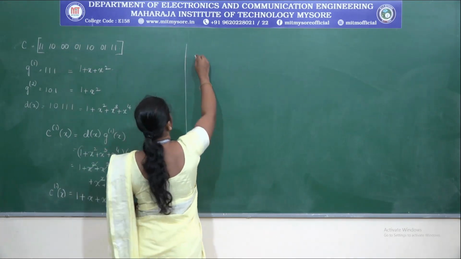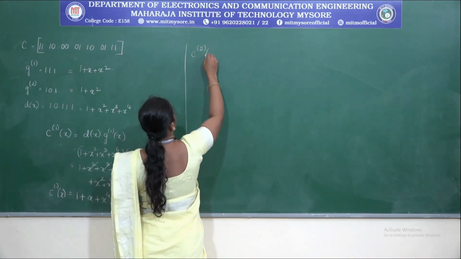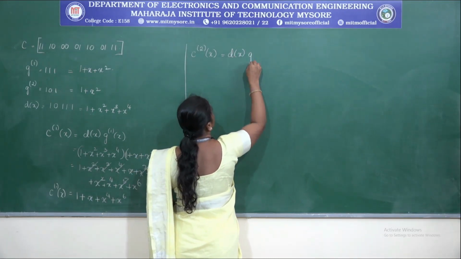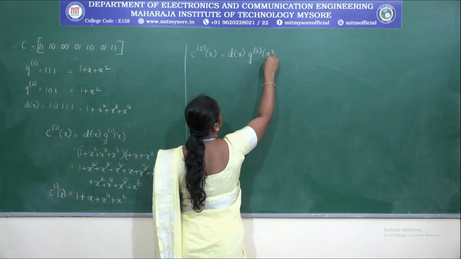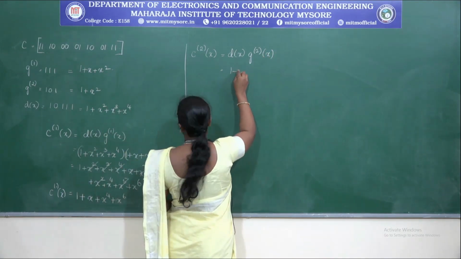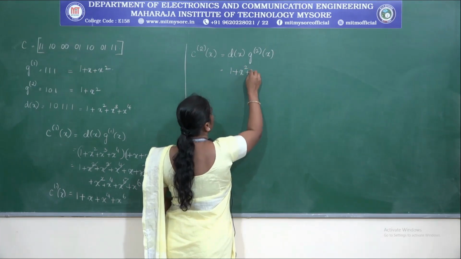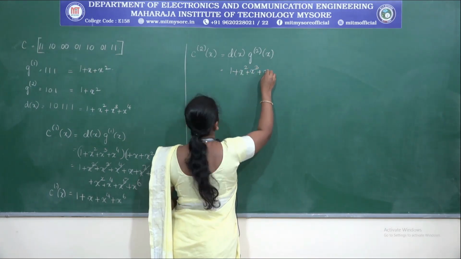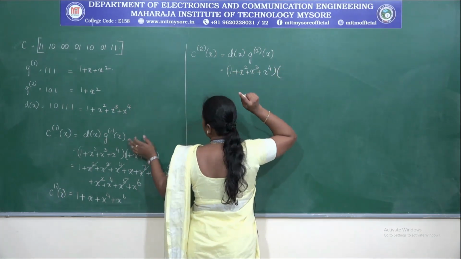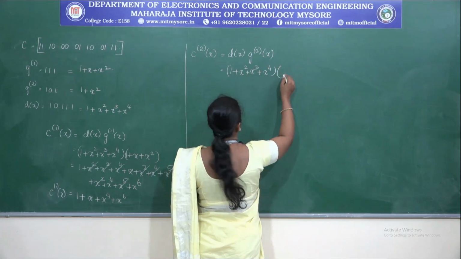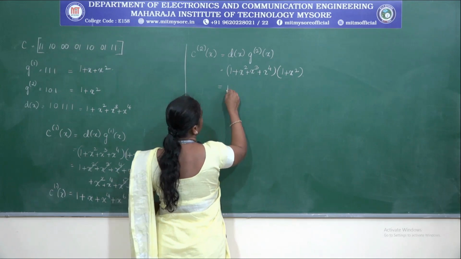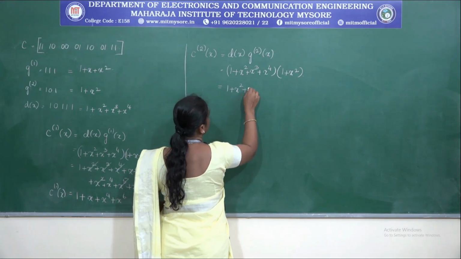So next we need to find C2 of x. C2 of x is d of x into g2 of x. So what is your d of x? It is 1 plus x square. Multiplied by g2 of x, which is 1 plus x square. So this will be equal to 1 plus x square